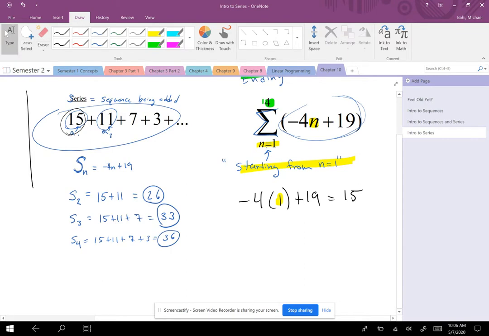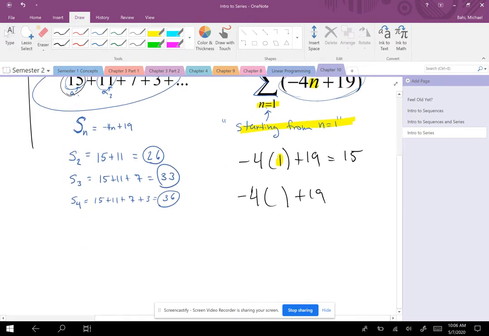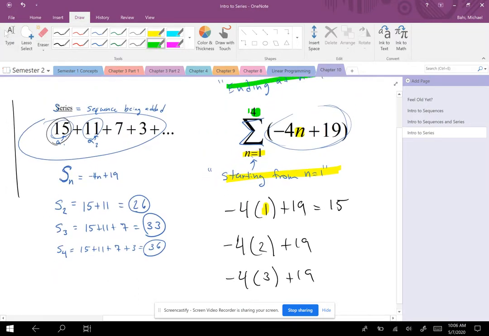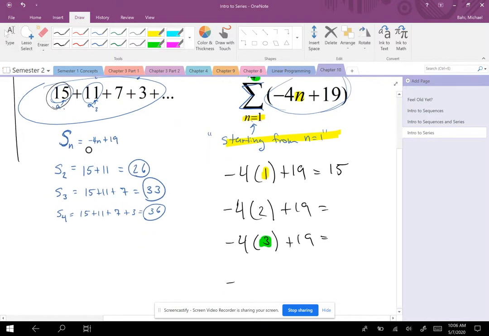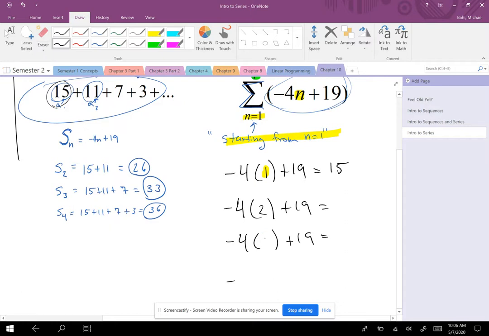Now plug in 2. Plug in 3. Plug in, and then go all the way up to 4. That is not 4. I'm sorry, guys. This is the 4 I was thinking. Okay. So going up to this,